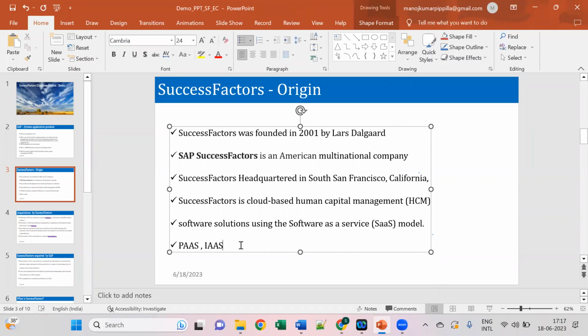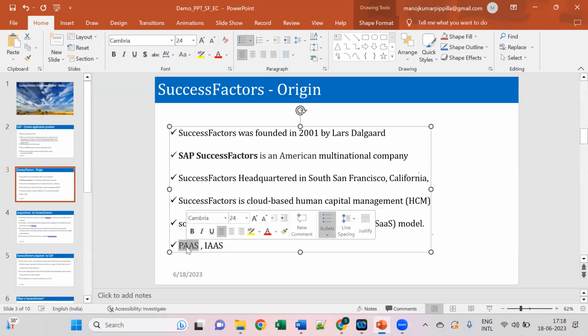IaaS means infrastructure as a service, which means there are some applications that have the cloud database. They will give some space to us. Suppose they tell you, I am giving 200 GB for you here, please log in here. Once you log in, you need to develop your application there. They give some space in the cloud data storage place, and we need to go there and start building our application from there. Those types of applications are nothing but infrastructure as a service. They just provide the infrastructure, and we need to go there and build the application from scratch. Those are IaaS applications.